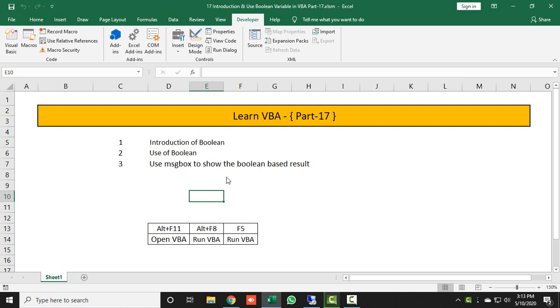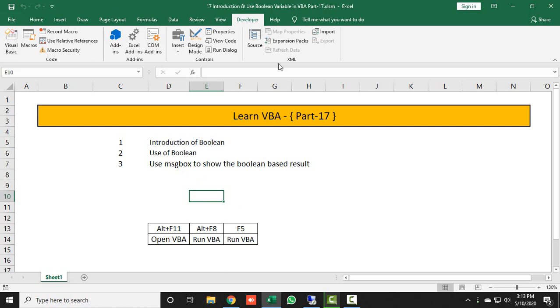Boolean is a mechanism which only returns your answer in true or false. Also you can compare it to your Excel EXACT formula. It only checks the condition, and if the condition is found true, then it returns true, otherwise it returns false. And also it is a case sensitive mechanism. So you need to remember all these things, and let's go to our VBA page and start Boolean